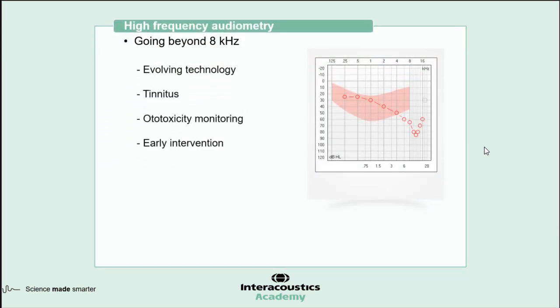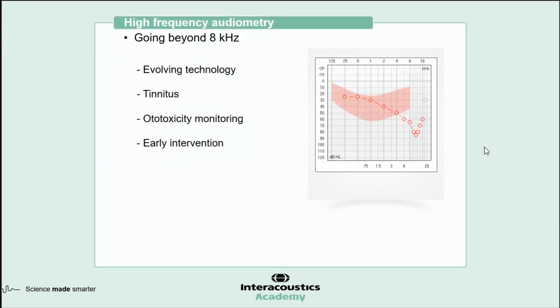Now, we know that technology in terms of hearing aids is evolving, and we're going to much higher frequencies with hearing aids. So we obviously now need to start testing that as well, and that's really important. But in terms of the utility of the assessment of high frequency audiometry, I've already mentioned those tinnitus patients, investigating whether that's where they have a notched hearing loss that isn't immediately apparent, looking at dead regions as well. For me, two of the main really important things that we can use high frequency audiometry for are ototoxicity